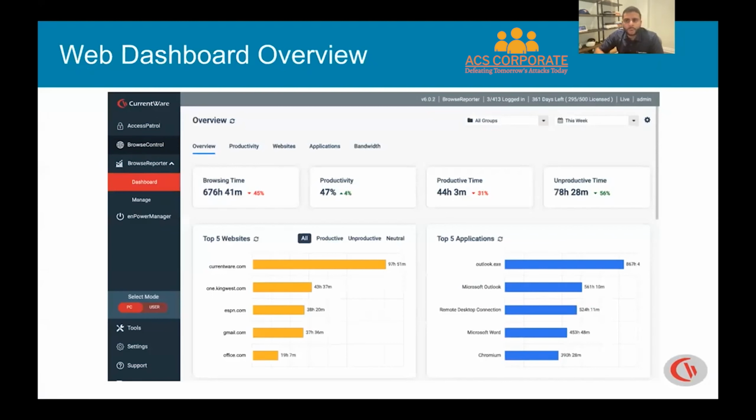So with the web dashboard, we've made it a lot easier to understand the data that's being produced from BrowseReporter. So instead of having to pull PDFs, you now have the ability to live run dashboards on the web browser. Very simple to choose different groups or users in the top right, change the dates, and everything will update and